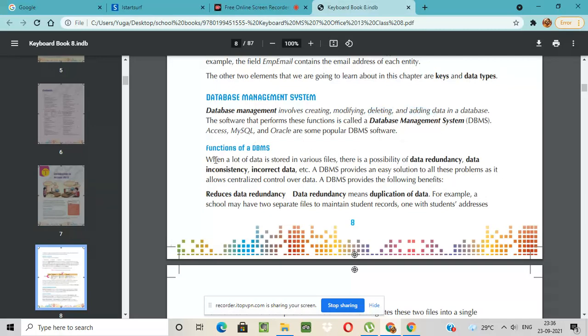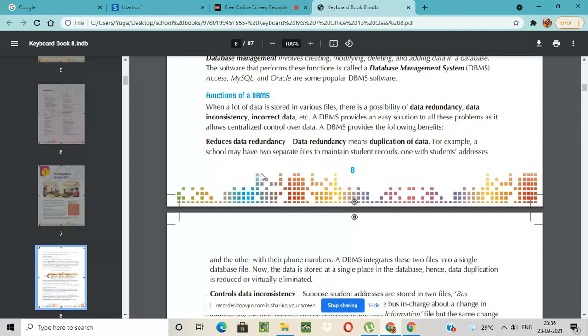Now there are some functions of a DBMS. When a lot of data is stored in various files, there is a possibility of data redundancy, data inconsistency, and incorrect data.